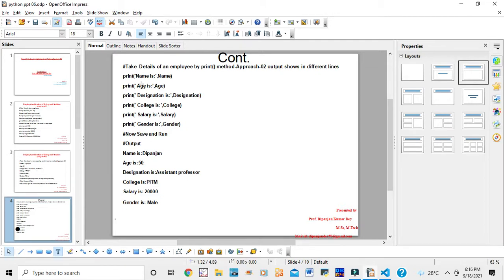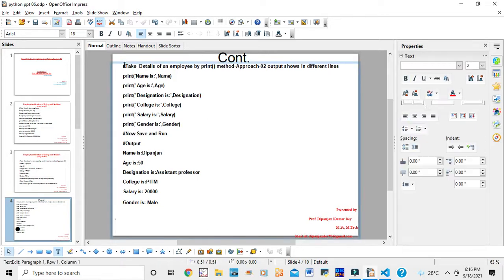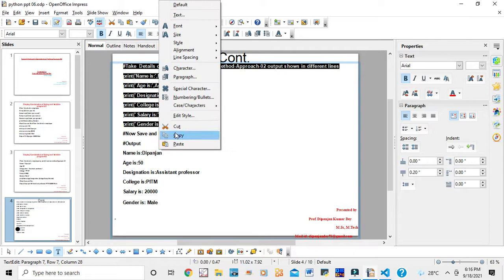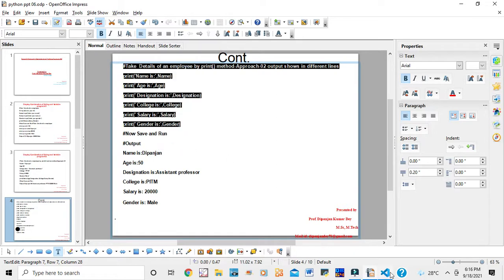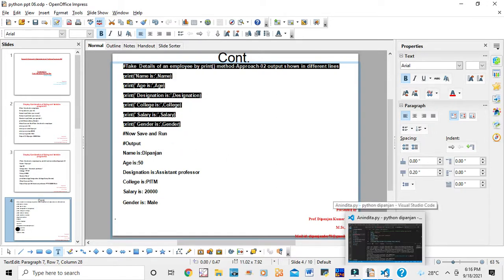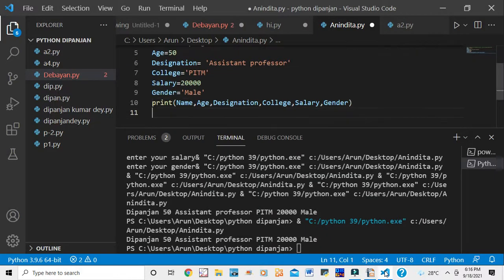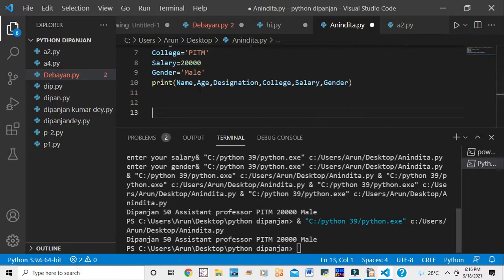Okay, it doesn't matter. What I am doing is copying this, up to this print function. Just copy this, then I want to run this in my VS Code. So this is my VS Code.